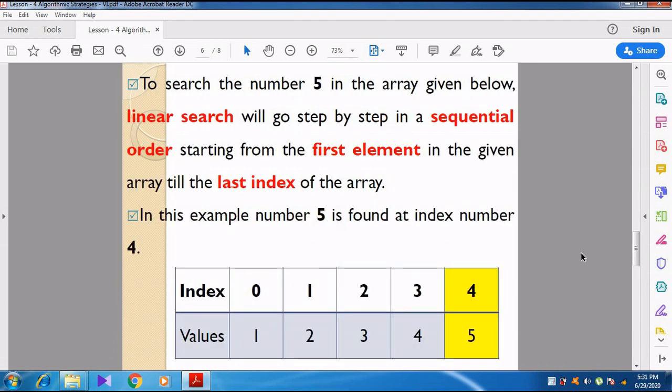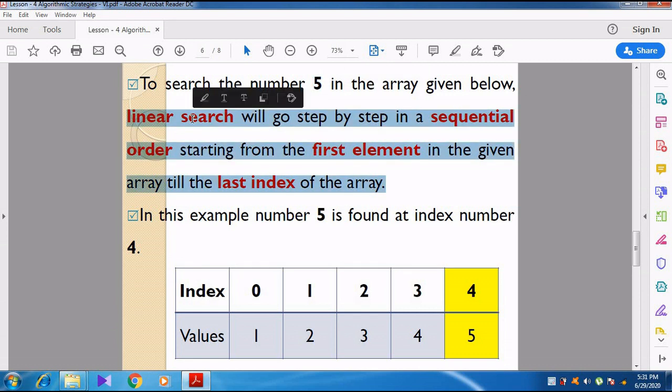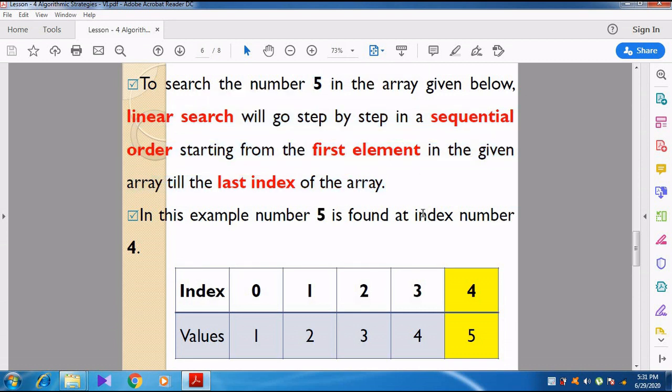We can see with an example, then you can understand it very clearly. So we are going to search the number 5. We are going to search the number 5 using which method? Linear search method. We'll go step by step in a sequential order, starting from the first element in the given array till the last index of the array.